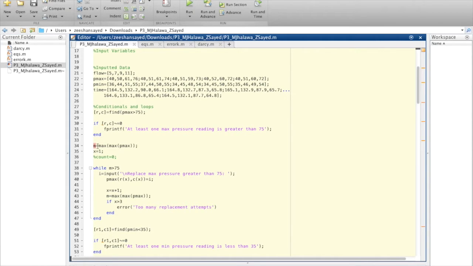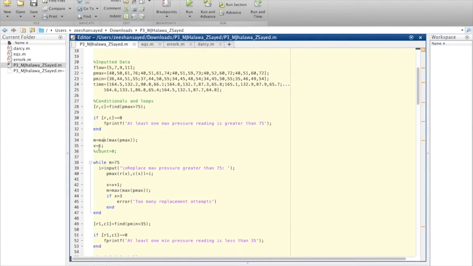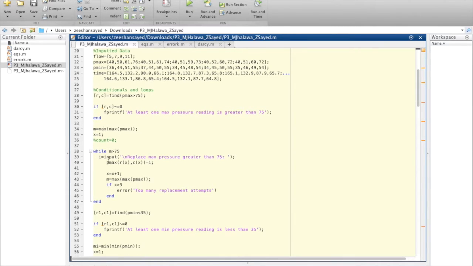M, we made it equal to the very maximum pressure, the maximum value in that entire matrix, and then X we use as sort of a counter. For our loop, while M is greater than 75 is our while loop. While the very maximum pressure in this matrix is greater than 75, then we need to run the loop and ask the user to replace the value. So we just ask the user here,